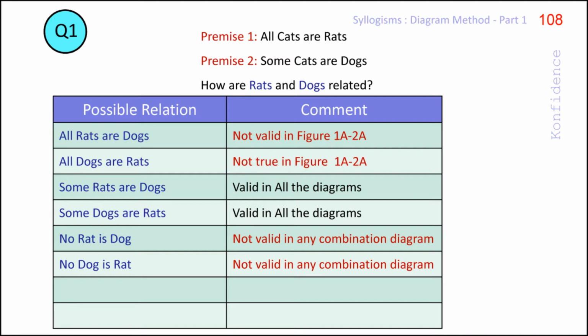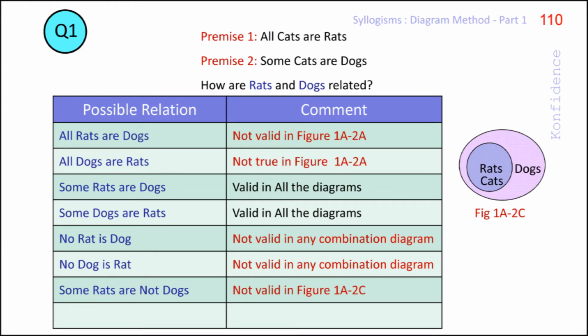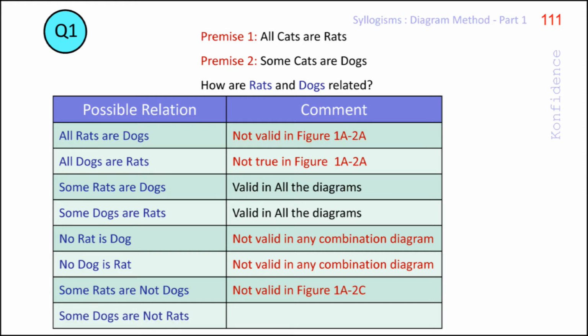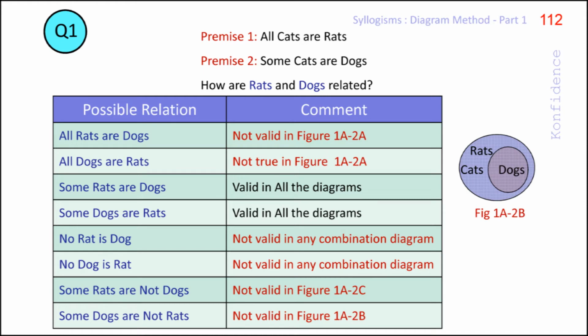Now look at the last two of the standard relationships, some rats are not dogs and some dogs are not rats. The relation some rats are not dogs will not be true in figures 1a, 2c and 1a, 2d. And some dogs are not rats will not be true in figures 1a, 2b and 1a, 2d. So, the relationships which are valid across all the combination diagrams are some rats are dogs and some dogs are